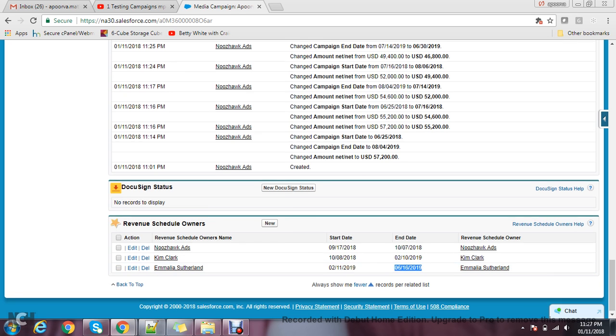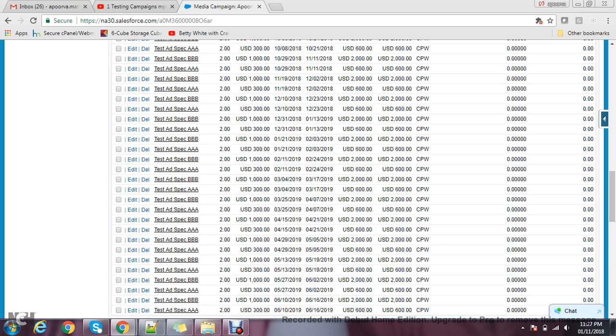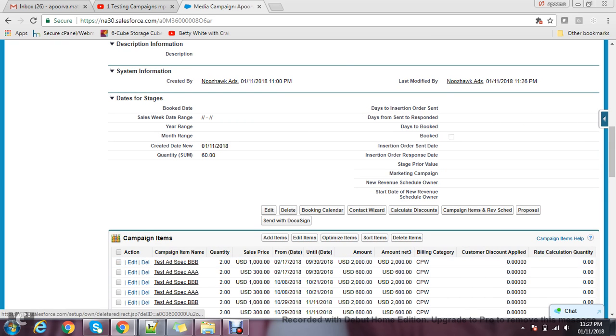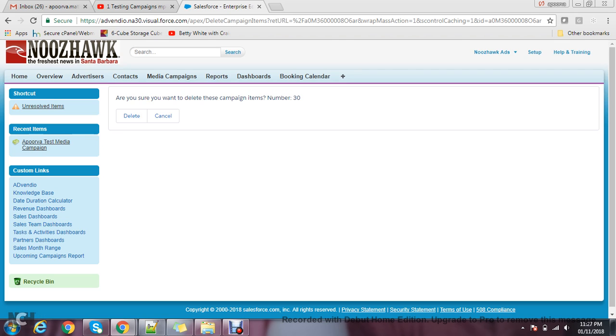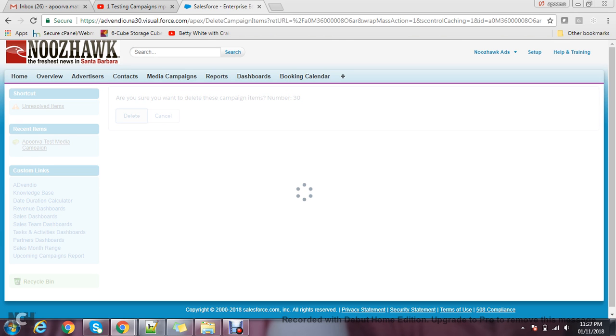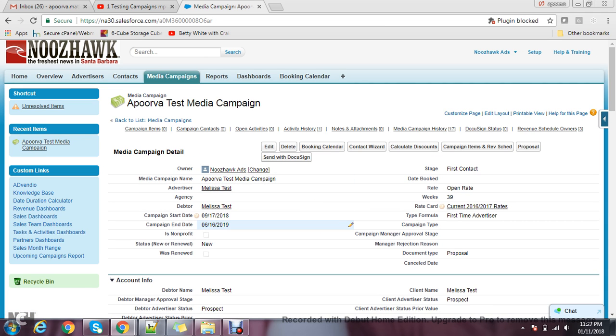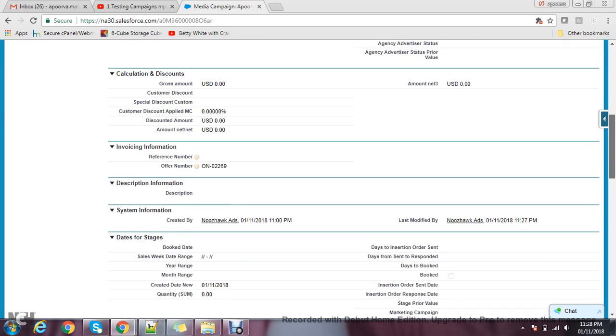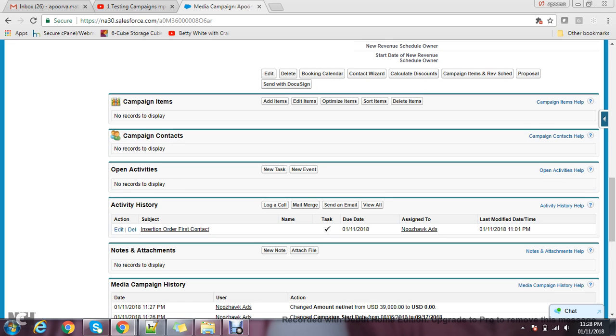Okay, now let's suppose I delete all of them. So there are 30 campaign items and all of them are deleted. So when all of them are deleted, there is no campaign item, hence the campaign start date and end date are not changed, they are just as is. But if we add some new campaign items in here now,